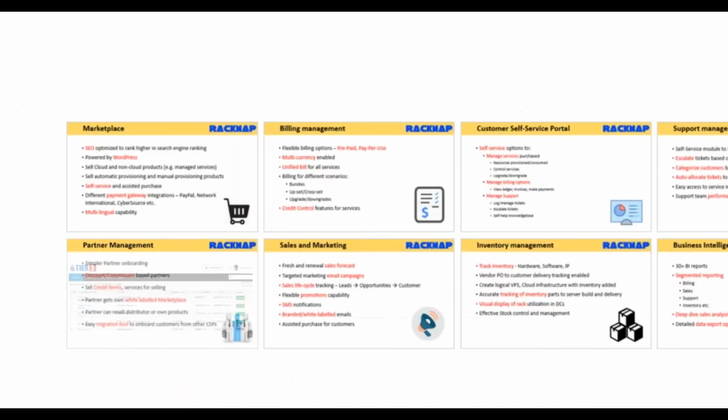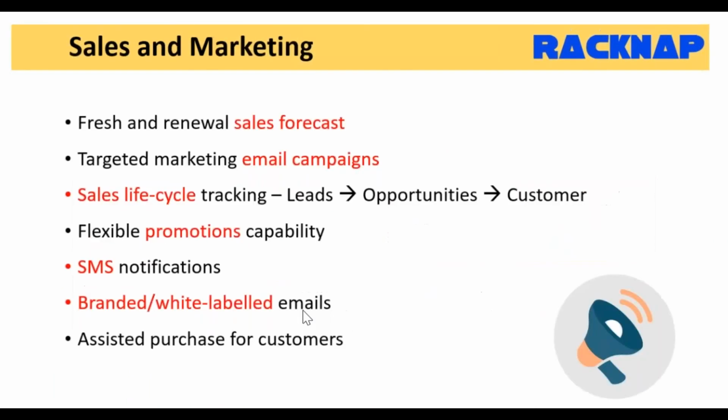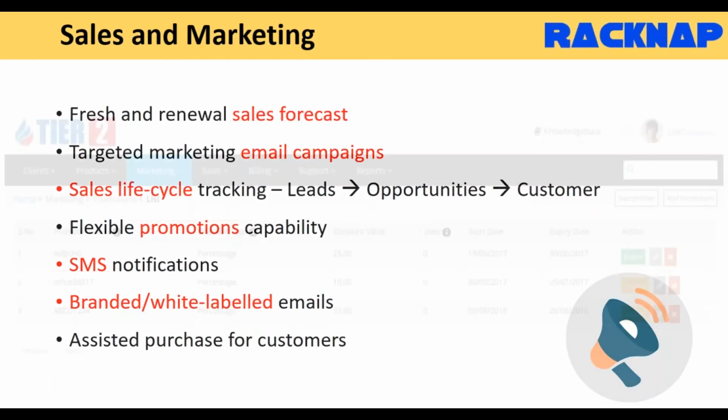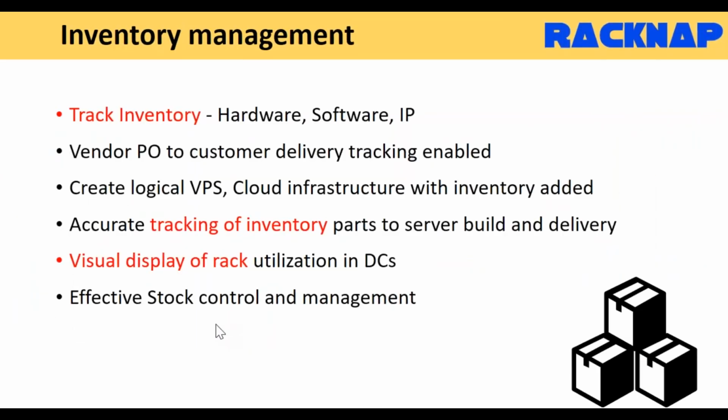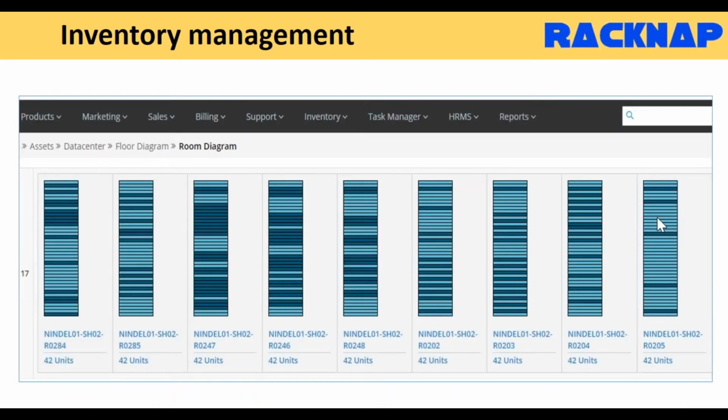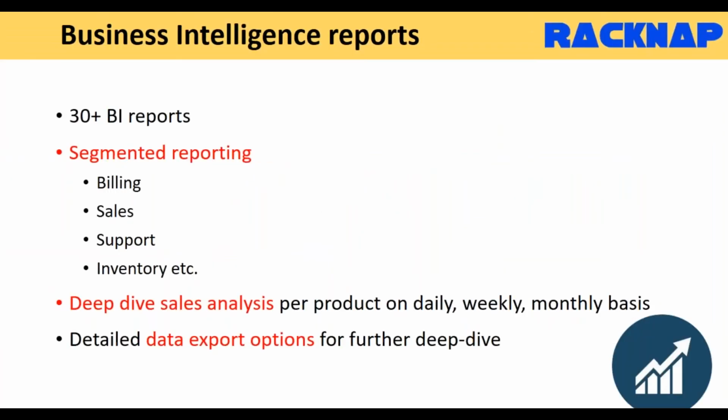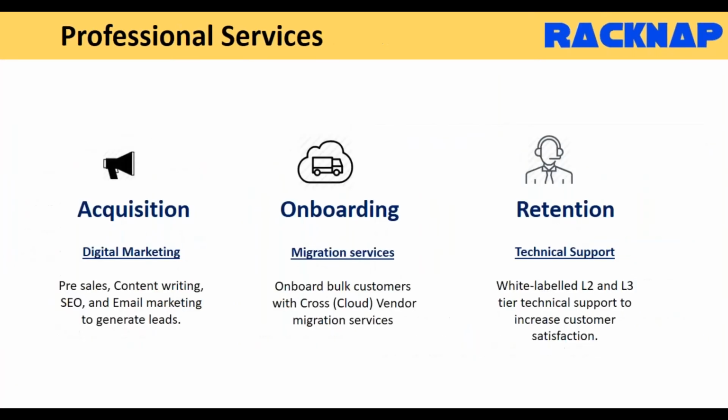Okay? And also now looking at the sales and marketing function, fresh sales, renewal sales, we looked at quite a number of them already on the demo. And inventory, we definitely skipped this completely. Basically, to summarize, if you already have data center assets, RackNap can help you track that data center inventory effectively. And this is how a RackNap rack diagram of your data center assets and virtual machines, etc., would look like. Okay, and then business intelligence report. We also looked at plenty of reports which we saw earlier around income, revenue, orders, and whatnot, and things like that.